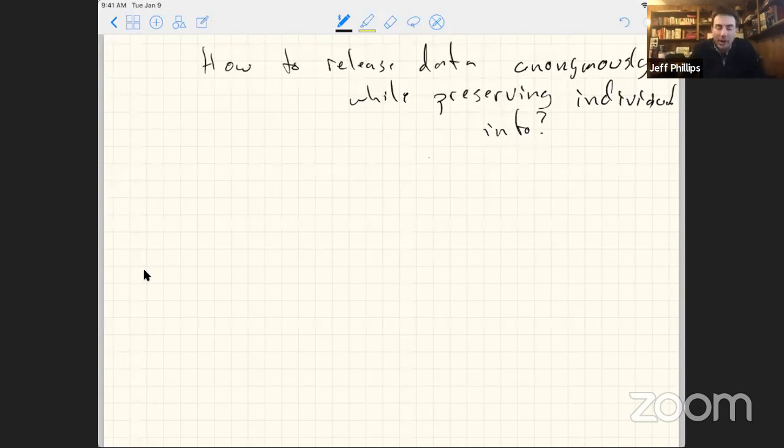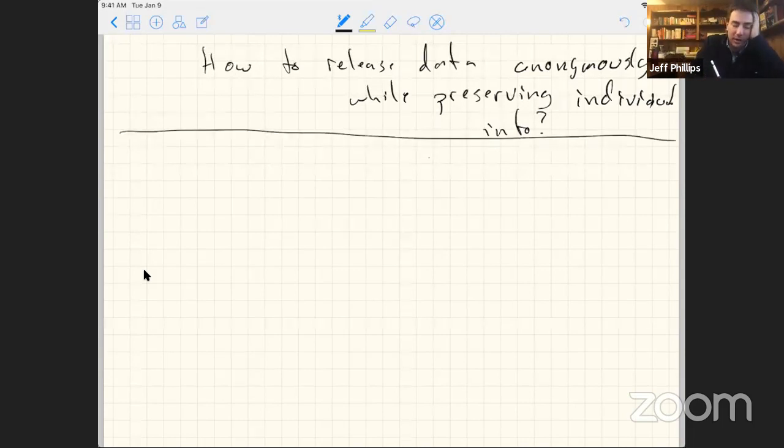Yeah. So okay, so let's see if we can read what I wrote here. Okay, how to release data anonymously while preserving individual info. Right. So in the early 2000s, there were these models that came out trying to say, how can we do this? And the first model was called k-anonymity, and the idea was